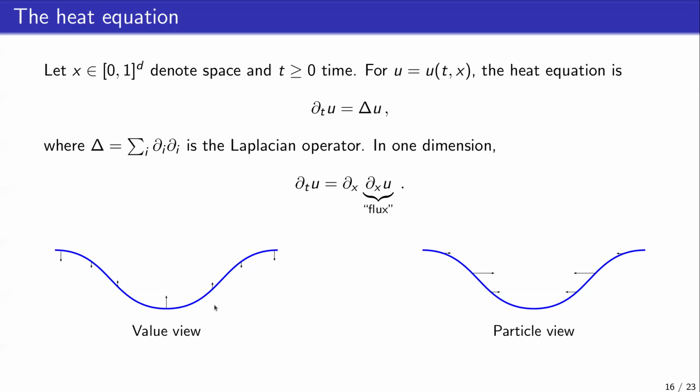So another way to put it is that there are two ways to view this PDE. One, which is more immediate perhaps, is this value view, where you look at a certain fixed point of the function and see how it's changing over time. So this point is going to be increasing over time. This point is going to be decreasing over time. But here I'm switching things around and thinking about this particle view, where instead I look at each point as like the concentration of particles, like the graph shows you the density of particles at that point. And then I'm thinking of these particles as moving in order to fill this valley, and then kind of like moving off of this hill and filling this valley. So the particles here on the left are moving right, the particles here on the right are moving left, and the result is the animation that you saw. So this is the heat equation.